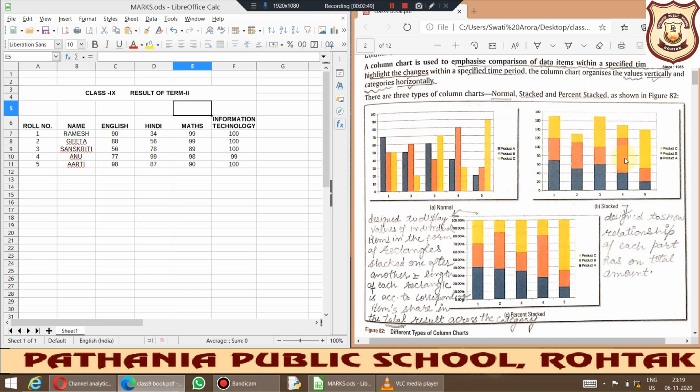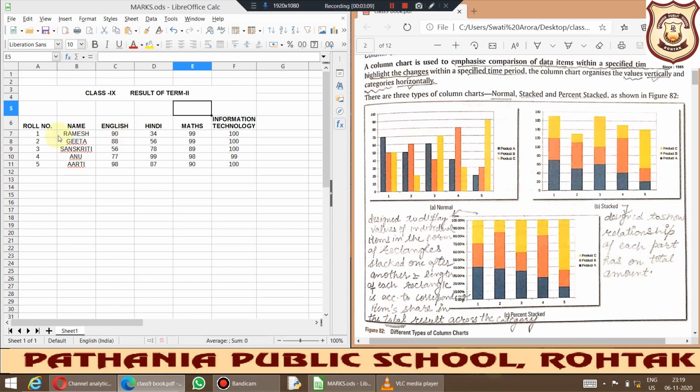So here we are trying to represent a bar, meaning a column chart only, but we are designing the stacked chart to show the relationship of each part to the total amount.